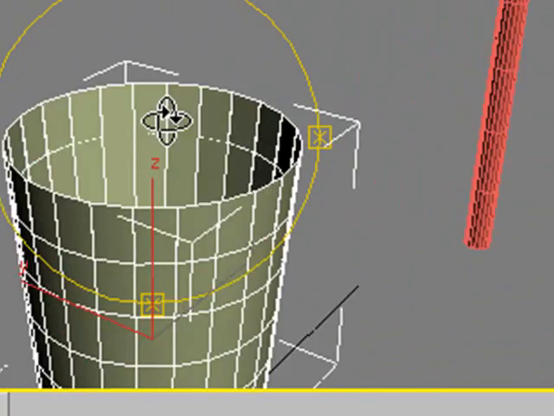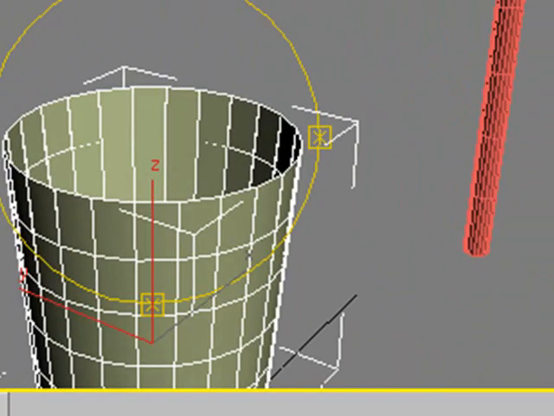So now I have a cup and I have a straw. I have one more thing to make, and what is that? Ice. Now, let's just